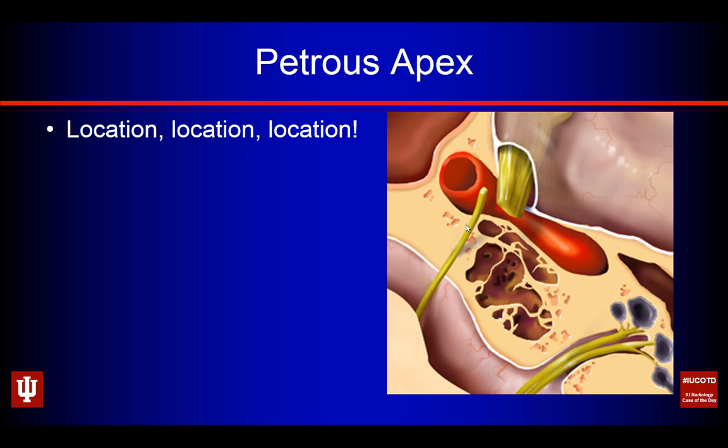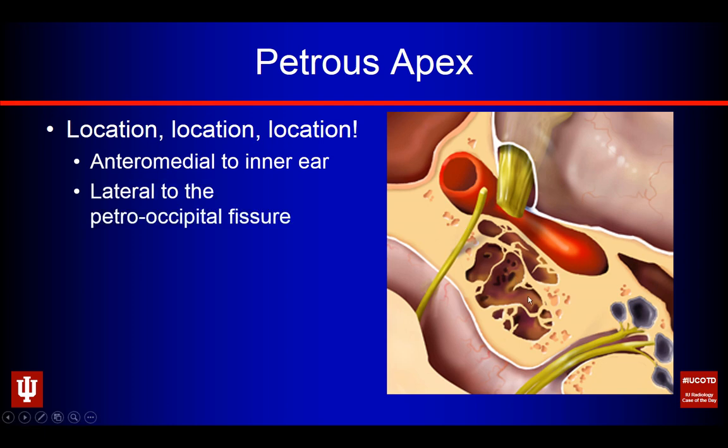Really, the Petrous Apex is quite important because of the real estate mantra, location, location, location. So it sits anteromedial to the inner ear. So we can see our inner ear structure, so it's sitting anteromedial to it. It also sits lateral to the petrooccipital fissure, so potentially someplace that could get involved with tumors that involve the petrooccipital fissure,